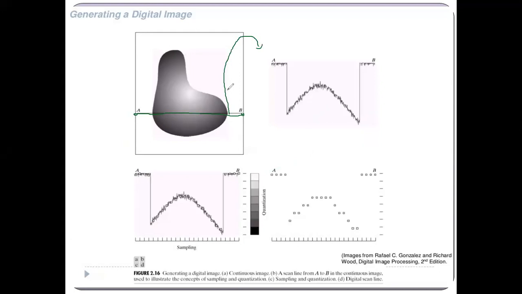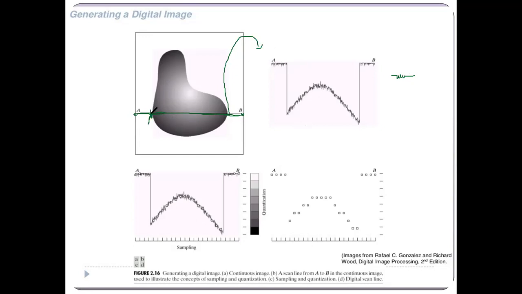Now this line does not represent the entire picture. It is one scan line of the image. Now I am representing the scan line in the format of a signal. If you represent it in signal format, the signal will be something like this. From this point to this point, there is a noisy image, or we can say there is a white color image, so it will be a straight line.